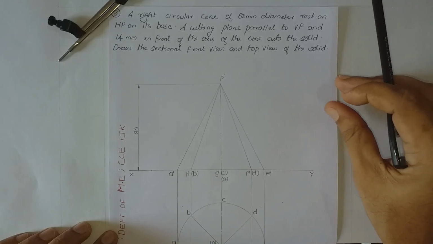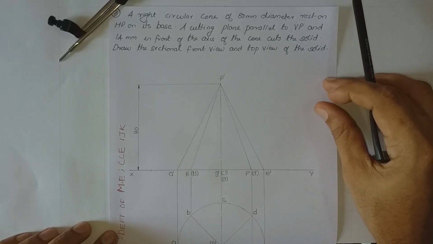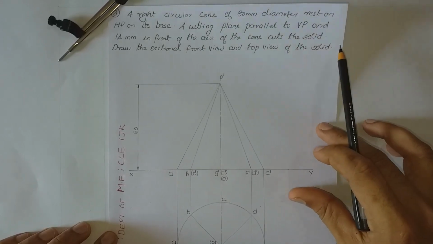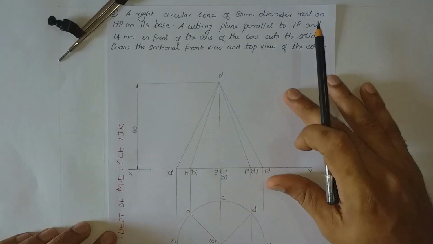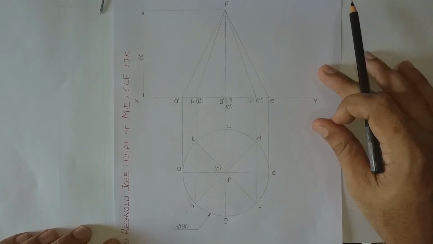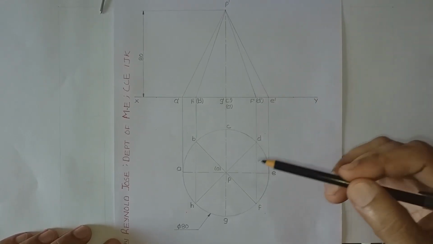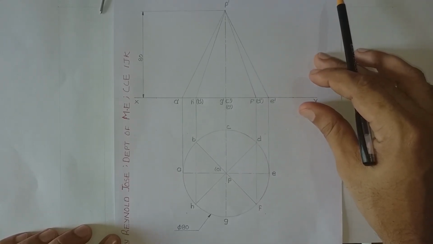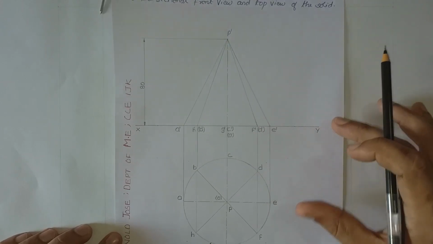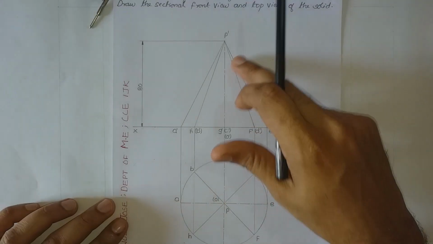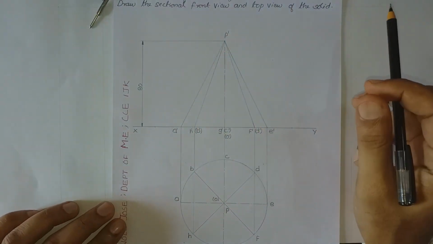So in this case, we are having a sectioning process. In all the problems related to the sectioning of a solid, the first step is to draw the symbol front view and symbol top view of the solid as per the requirement of the question using type B lines, that is thin lines. Already I have done the symbol top view and symbol front view using type B lines, and here the solid is resting on its base. That is why in the top you will be having a circle and in the front view you will be having the outline as a triangle.